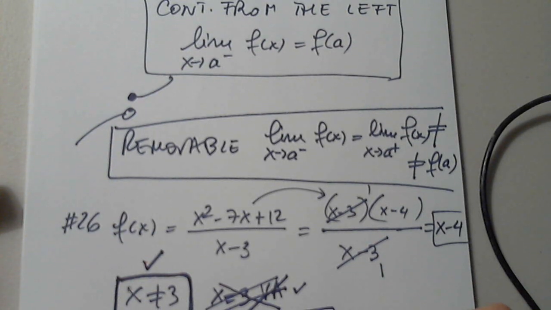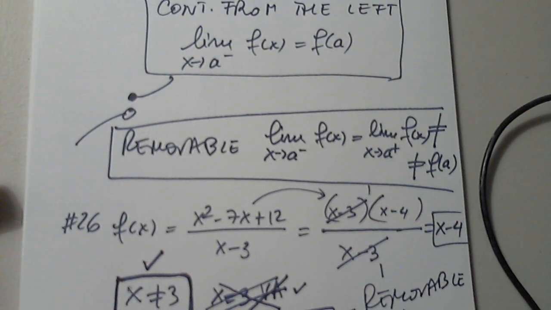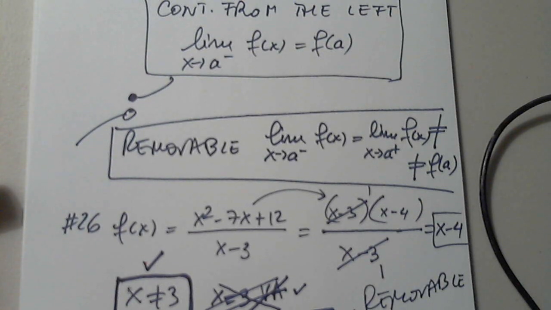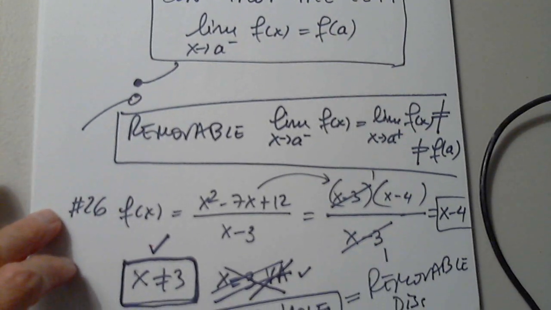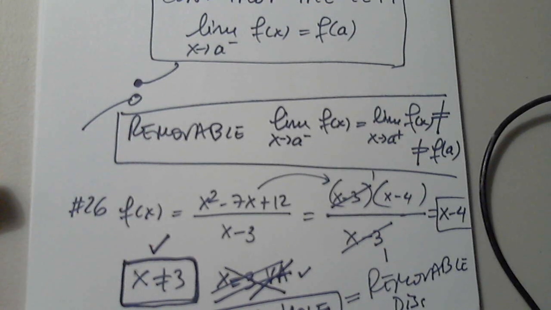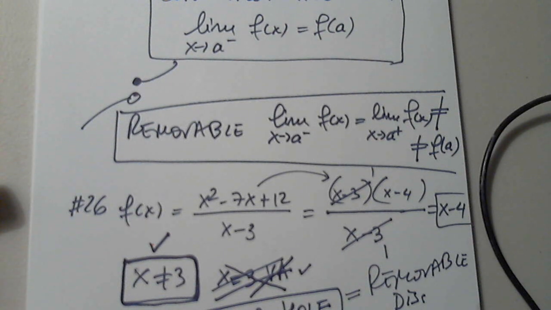But a hole in the graph is the same as a removable discontinuity. Because the limit from the left of 3 is -1, and the limit from the right of 3 is -1. So the limit as x approaches 3 from the left of x minus 4 equals the limit as x approaches 3 from the right of x minus 4, which in this case both of them are -1. But they are not equal to the function value at 3 because this does not exist. So this is a removable discontinuity, or a hole in the graph. Now they're asking us